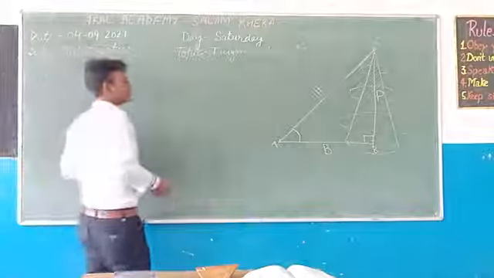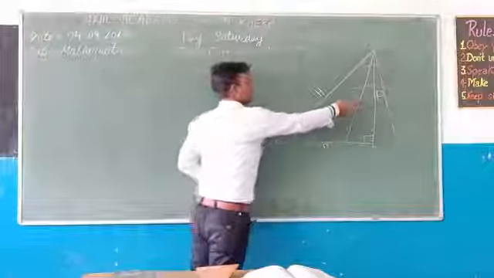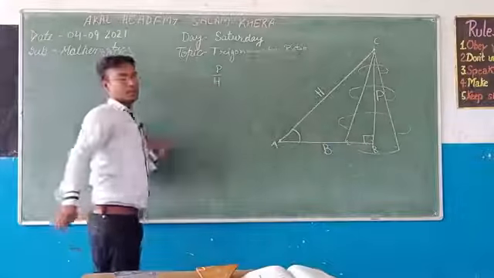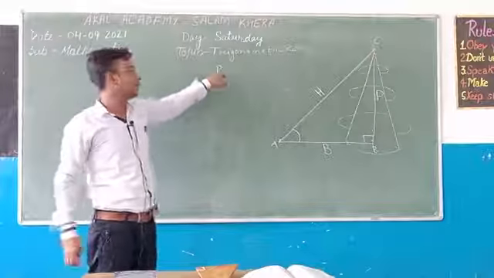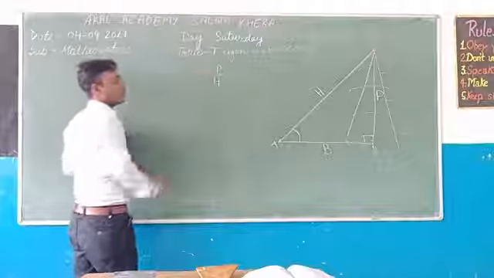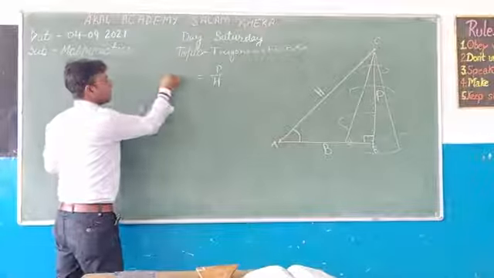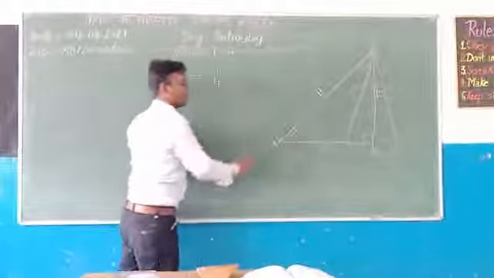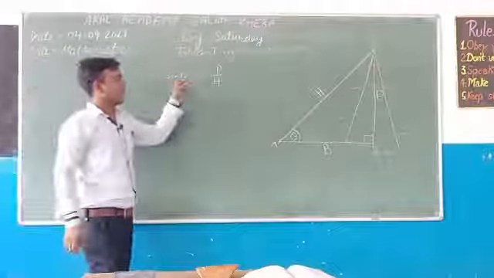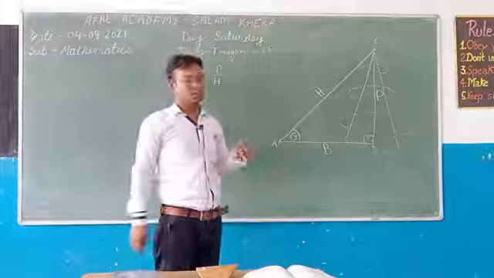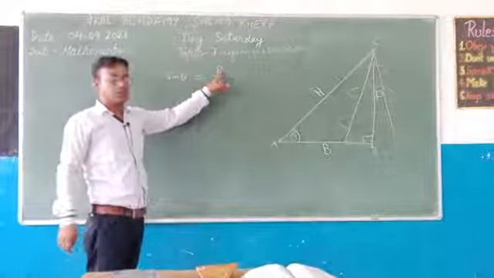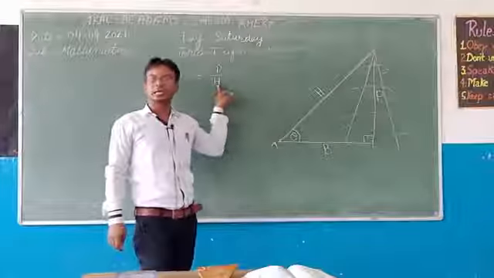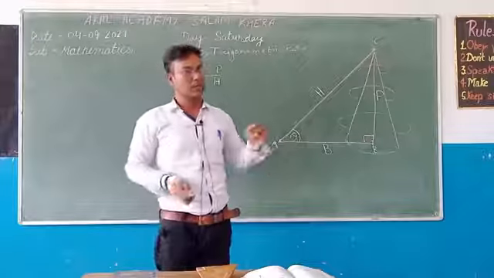So let's take the ratios here. Firstly, I am taking the ratio perpendicular to hypotenuse, and in trigonometry this ratio is known as sin theta. Theta is the angle that represents angle A. Sin theta is equal to P by H. P means perpendicular, the side opposite to the given acute angle. H is the hypotenuse, the side opposite to the right angle.